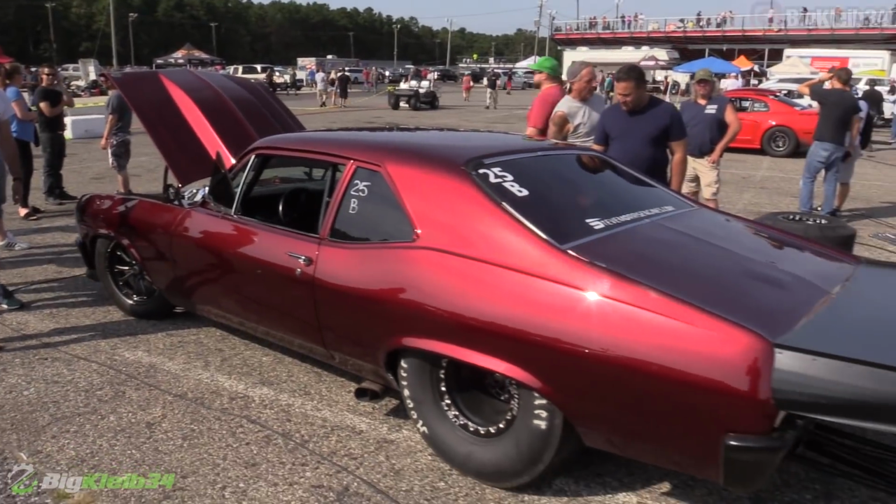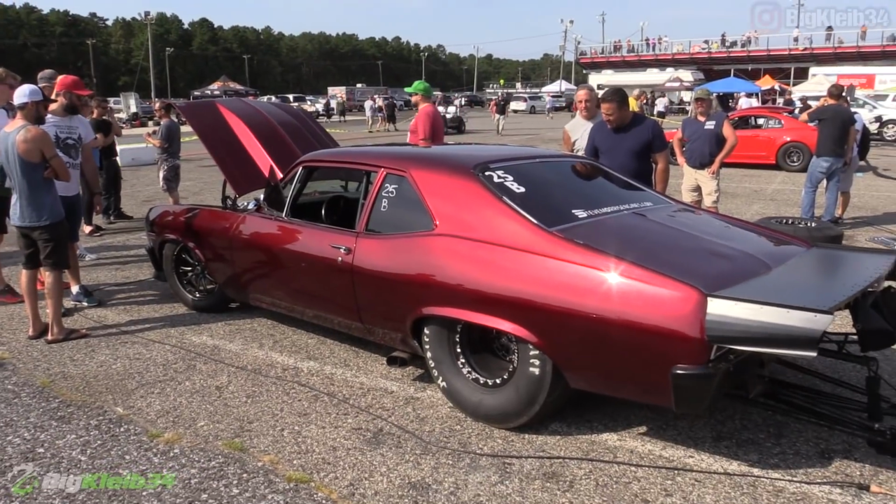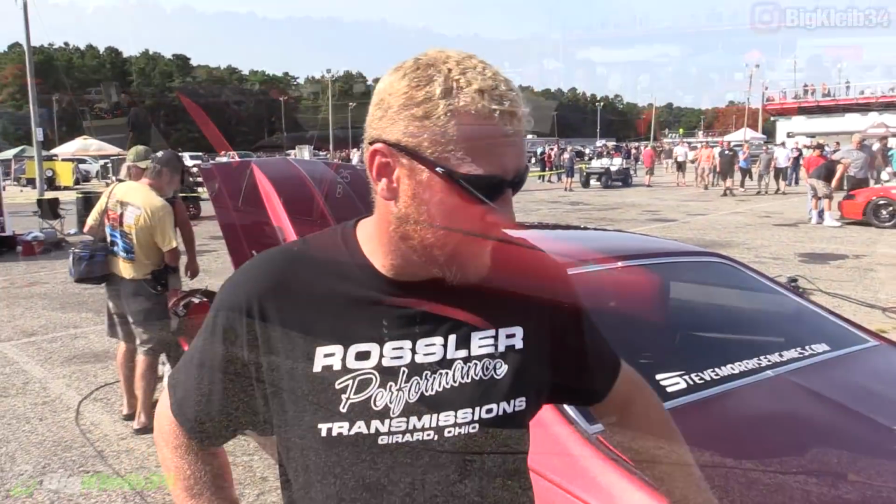How long have you had this car? How long have you been working on it to get it to where it is? Oh, about 4 years. It was a yellow nitrous car before that. It had a 468 in there, and then we changed it to a 496 right away with nitrous, and it was all yellow, so we called it the nuclear